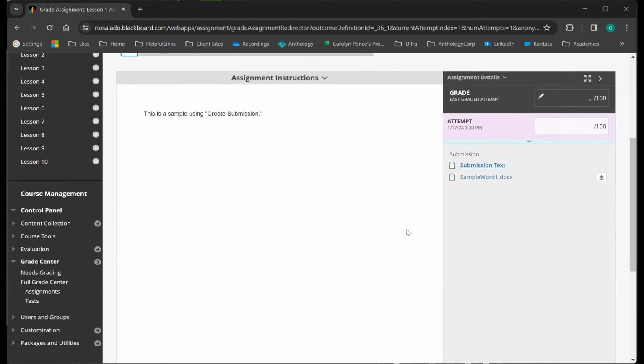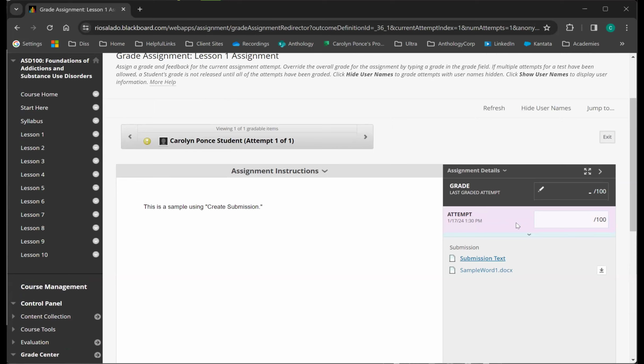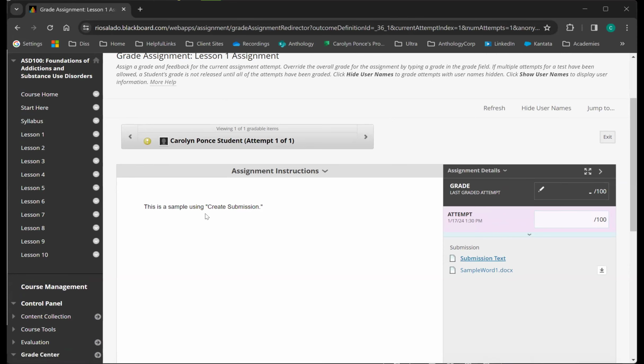So your submission grading area looks very similar to what we saw from our student when they submitted it. But you have a few more buttons. If they created their submission, or typed it in using the create submission option, it will show up here on an individual page, and it is called the submission text. If they did not select create submission and only uploaded a file, you won't get that submission text page. But for create submission, it'll look clean here, whatever formatting they've given will show up and it'll be fine.